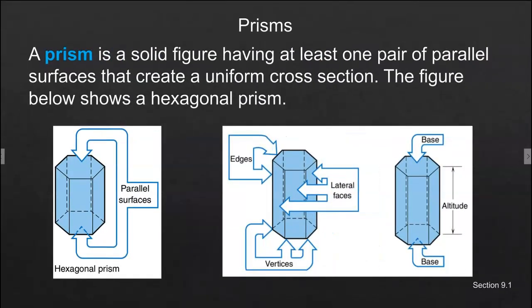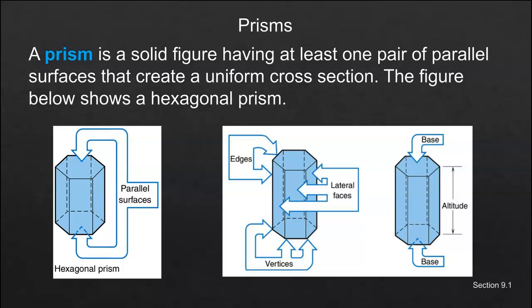We're talking about prisms, and prisms can have all kinds of different bases. The ones that we're going to concentrate on are 4 different ones. As you see here, these bases are hexagons, so it's called a hexagonal prism. And the sides that are parallel to each other are our bases, and then the other parts are the lateral